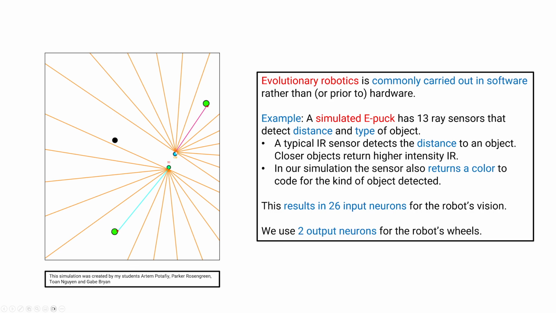This agent is a prey agent that wants to eat the stationary food, where this agent is a predator agent that wants to eat the other agent. So the prey agent has also cast out one of its rays and has impacted this stationary food. Think of this as like a plant. And this agent wants to eat the plant, and so the signal it gets back, we decided, is pink,